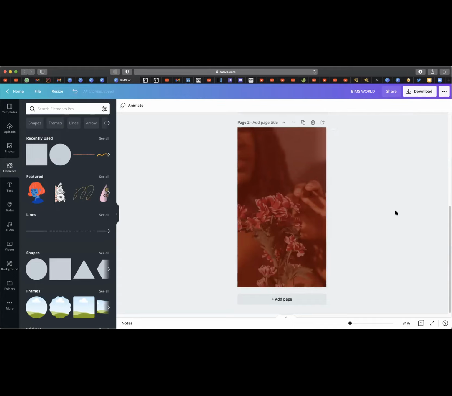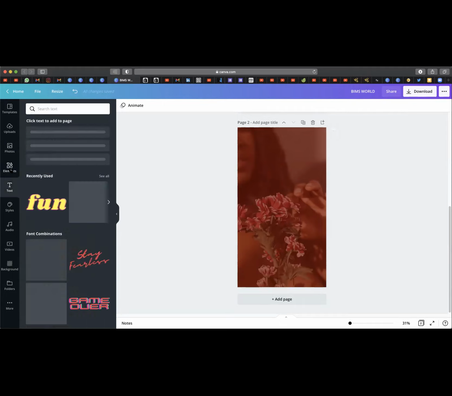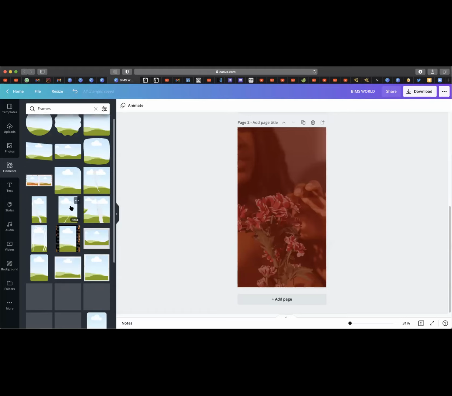Okay. I was talking. Then what about the different photos? Oh yeah, it was a frame. Come to elements, see all frames. Here's where you find the frame. So the exact frame we used